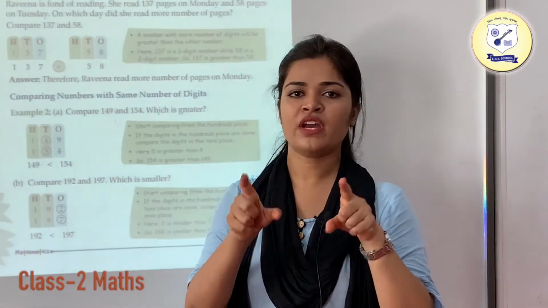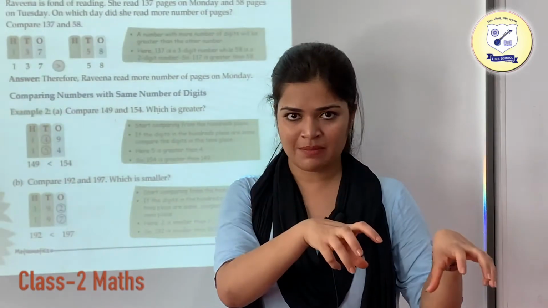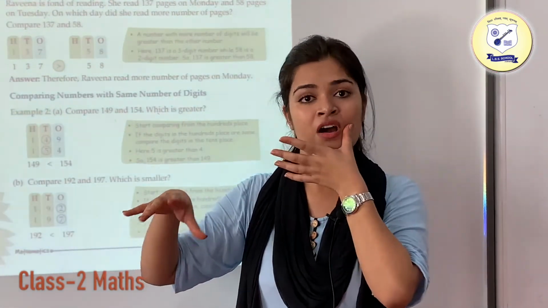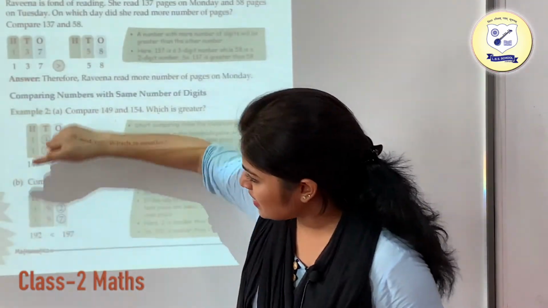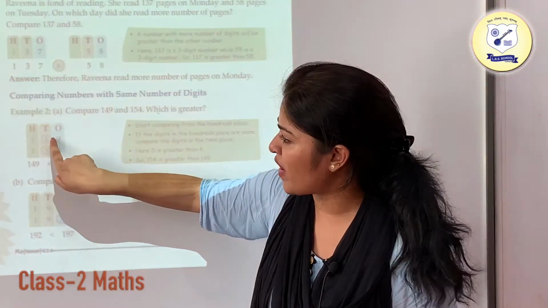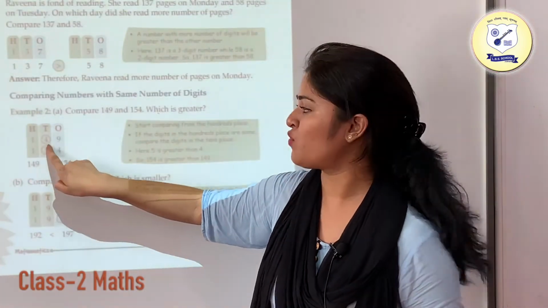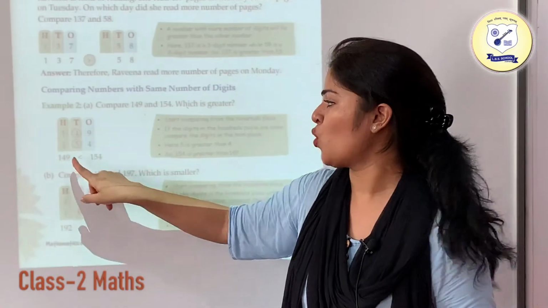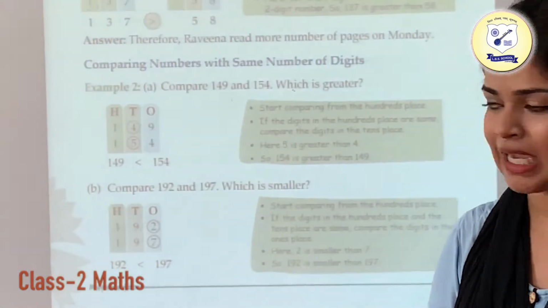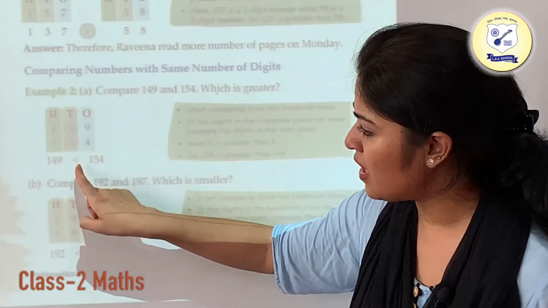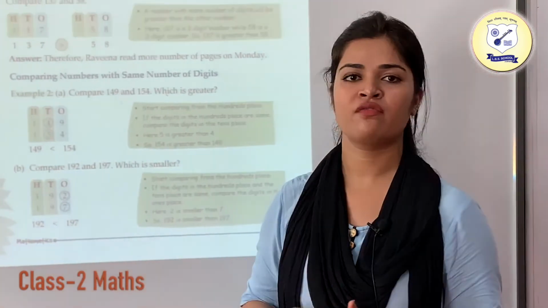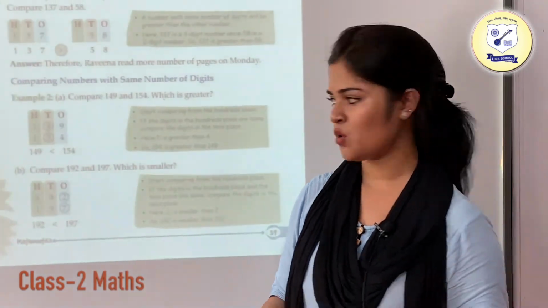First of all we start checking from the hundreds place. After that we move to the tens place and then we move to the ones place. You can see that here both hundreds digits are the same, so we moved to the tens digit. Here this is 4 and here it is 5. Since 5 is the larger number, this number is going to be the larger one as compared to 149. And as you can see, the open mouth of the symbol is going to be at the side of 154, which is your larger number. Okay,